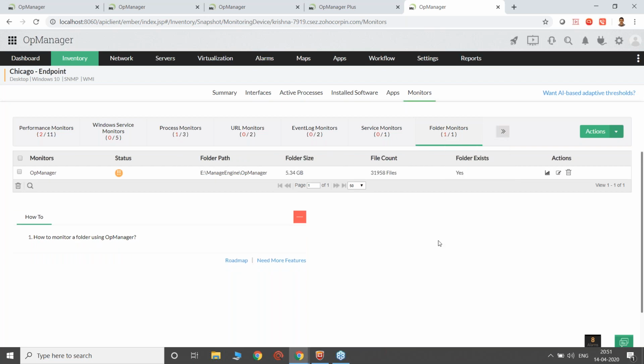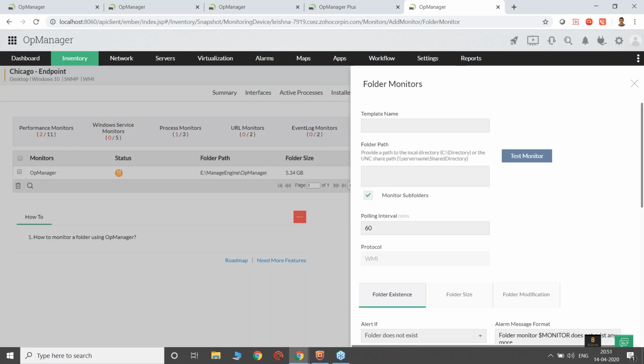So if you wanted to monitor a folder, and if you wanted to know how many files this folder contains or what is the size of the entire folder, yes, you can monitor it from here. Adding a new file or folder monitor is easy. You can just pick add monitor from the actions. You can type the appropriate folder path, or in case you want to monitor the subfolders as well,